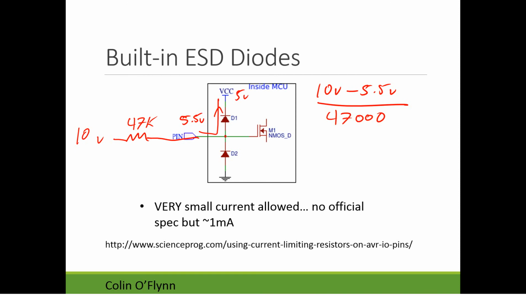Generally around 1 milliamp is the maximum you'd want to allow. Atmel itself doesn't specify explicitly what these are, so you wouldn't want to use them in a product that requires reliability, because there's no guarantee that they will stop any current like this. So what you would want to do instead